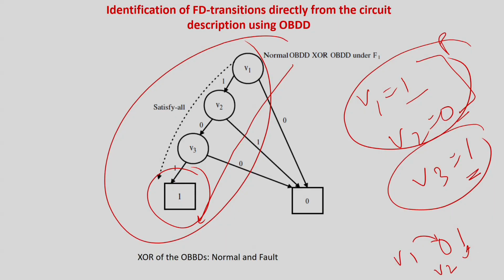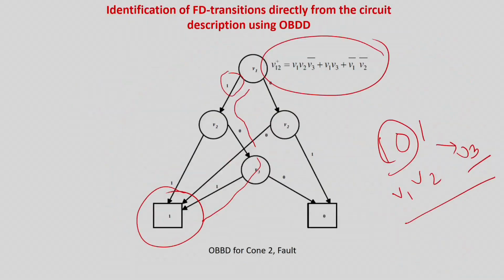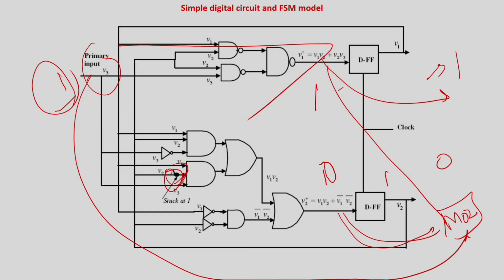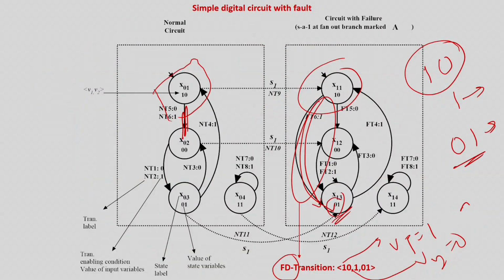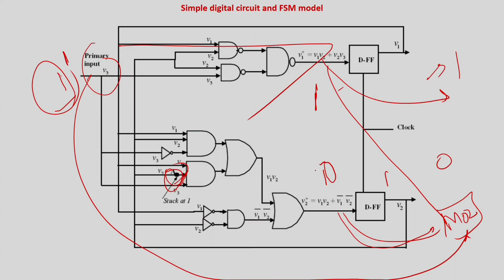For that you have to take this vector and apply it in the circuit. Very simple. Output is 101. So I will take this input here and apply. See, it is saying that this is 1 and this is the input, and the state is 1 0. So this is 1 and this is 0. So the BDD has told me that this input and this state condition can detect the error. But what is the error output? You have to just apply it in the circuit and you can find out.